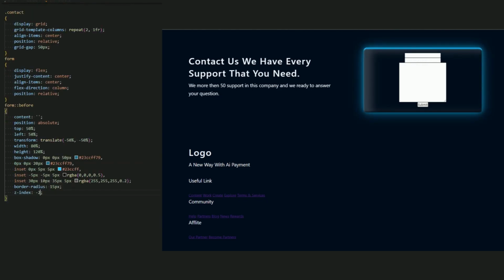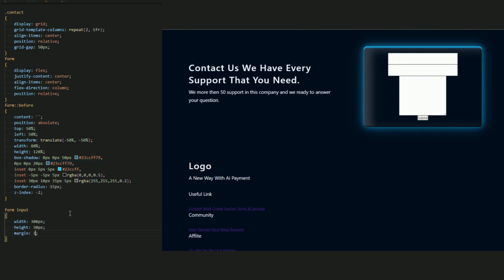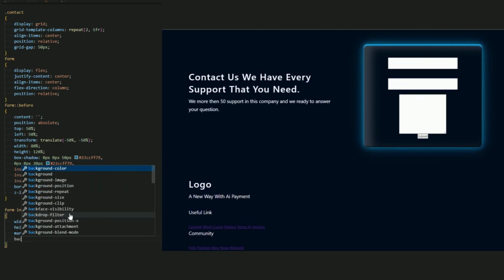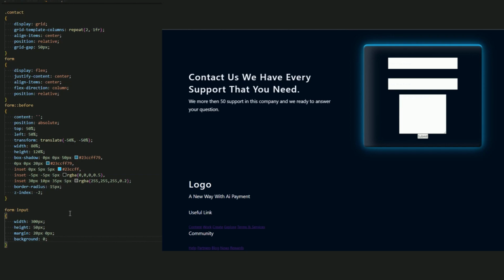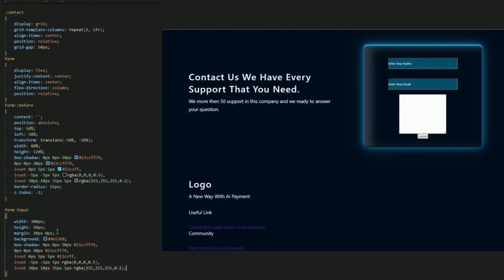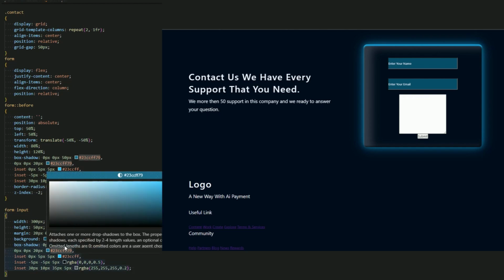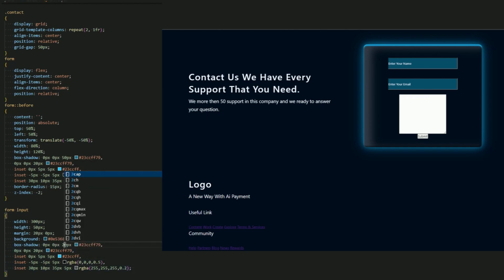Now let's style the form input. So the form input or input doesn't matter. Form input. Set the width 300 pixel, height 50 pixel, margin 20 pixel 0 pixel, and the background set this color. And the box shadow again, copy paste it. We just copy pasted, I'm sorry for this, but yeah, set it 20 pixel, 15 pixel.